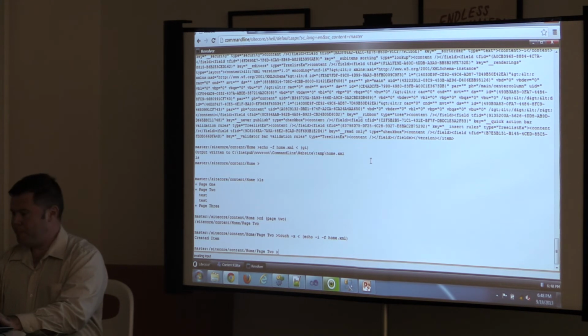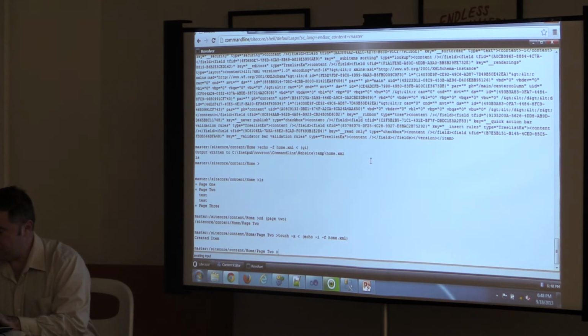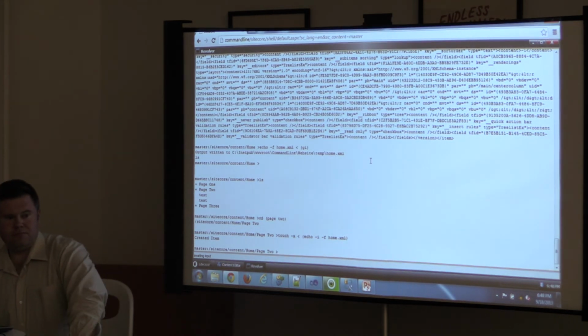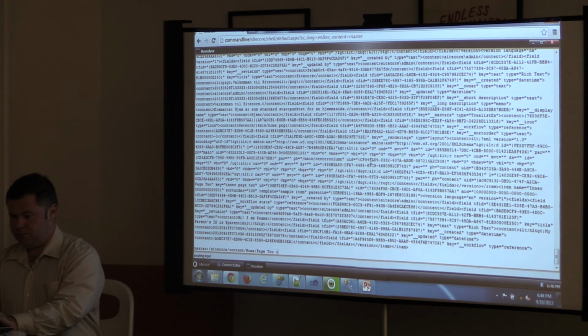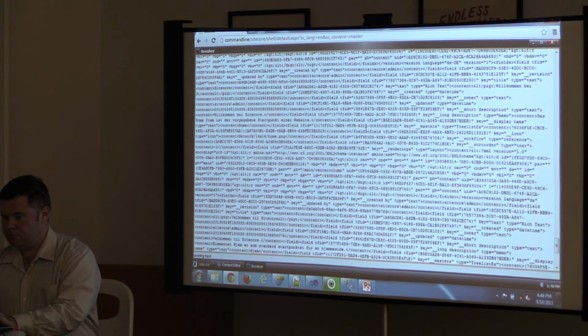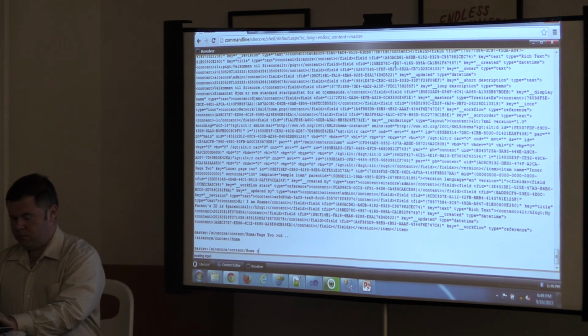A couple things just on your point. You can pass a flag, I think -I, which will keep the IDs. So if you delete your home item and you want to restore it, you could use the -I to basically make everything come back with the same IDs. And then there's a recursive flag, which will keep the entire tree. So that's something that serialization won't do. If you have enough space on your hard drive, you could take your entire Sitecore site and recursively store it in just a single XML file and then rehydrate it. So that might be very useful for recreating test data, for example, integration tests.